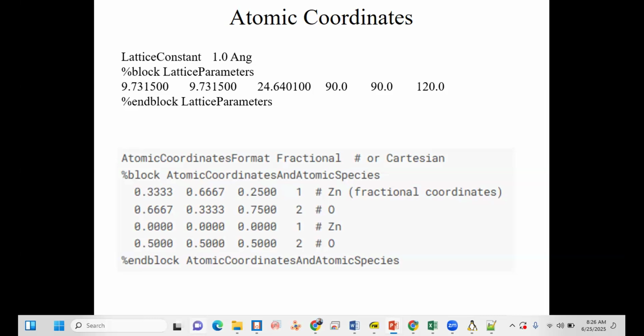We can use both of them. At the moment I choose fractional because GDIS creates the fractional coordinates for you.